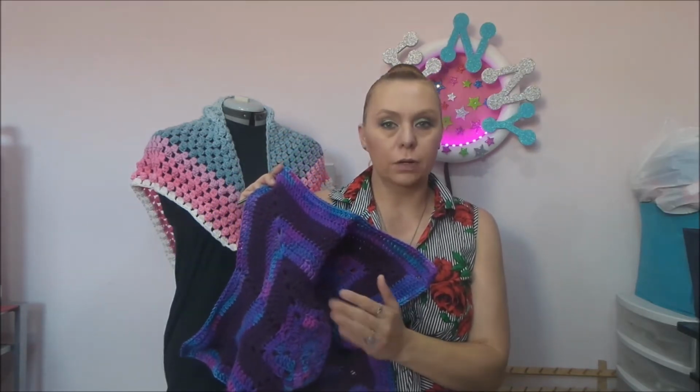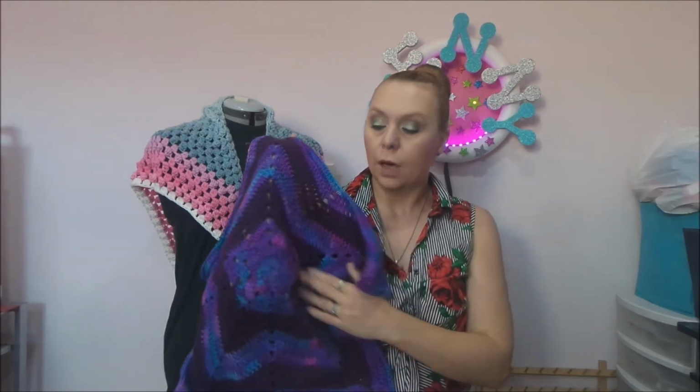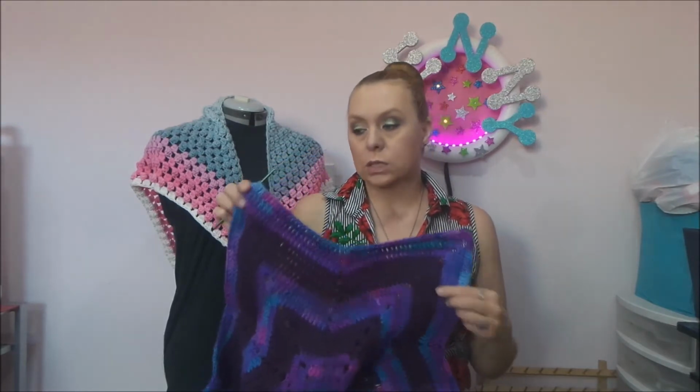If I had gone up a few hook sizes, it would have been all relaxed and everything. But I don't think that's what's causing the puckering. I think what's causing the puckering is that I had started a different pattern when I first wanted to start the star blanket. I had found a different pattern to begin with, and I was really struggling with it. It was very difficult to understand, and I hadn't even made it past the first row,